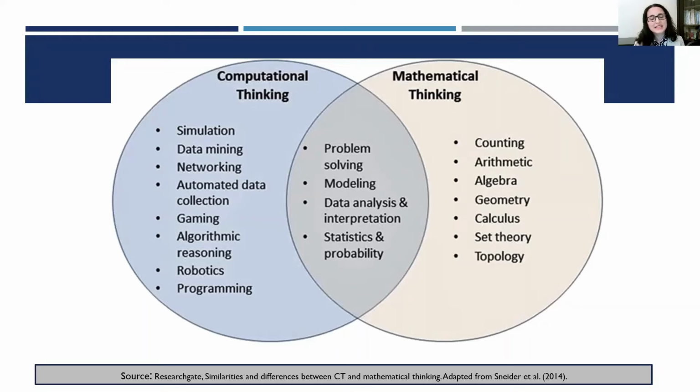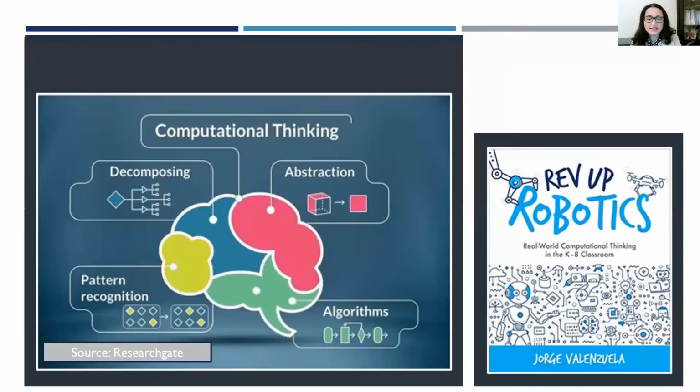So in here, the school decides to what extent it wants to progress in its computational thinking path. I can also share an example of computational thinking: decomposing, pattern recognition, abstraction, and algorithms. To understand algorithms, we already know that children are using social media and mobile phones. They are already using gaming.